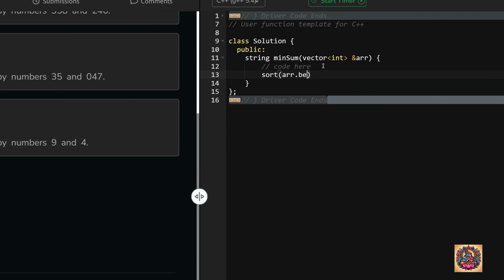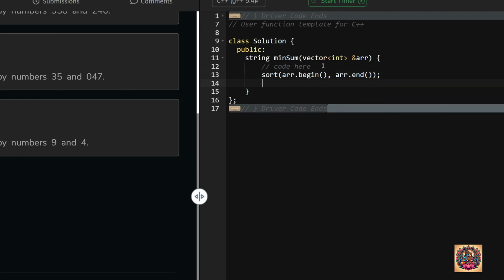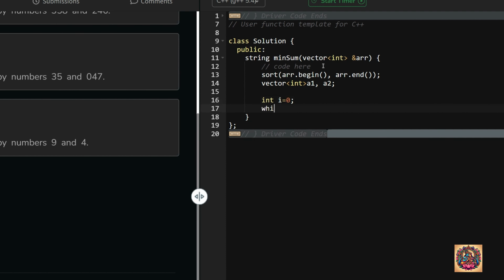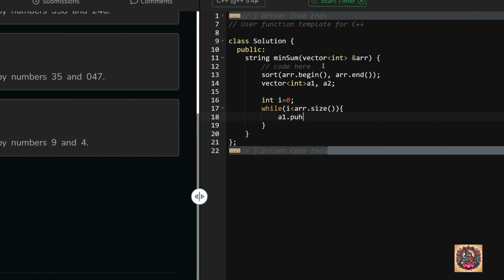We are sorting the array first, up till arr.end. After that, I will have to make two different arrays, A1 and A2, to actually separate the elements I want in different parts. Now, what will I do? I will keep int i equal to 0. Now, while my i is less than arr.size, what will I do? I will say A1.push_back